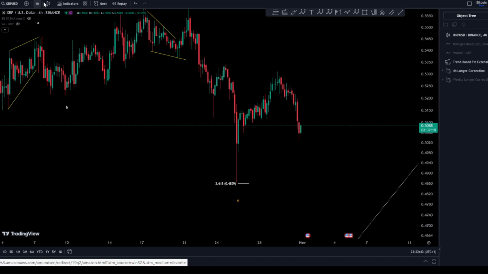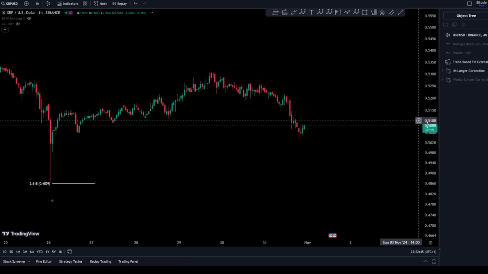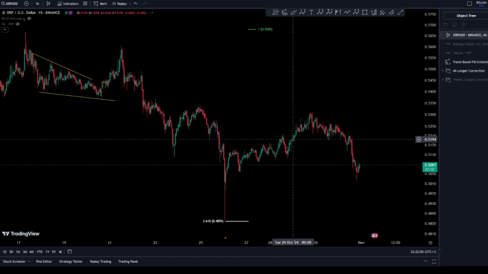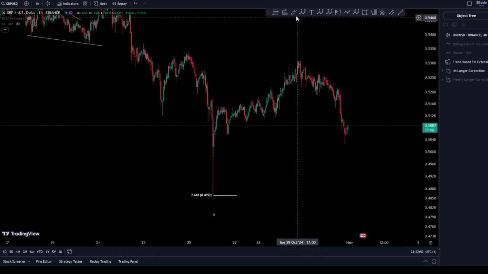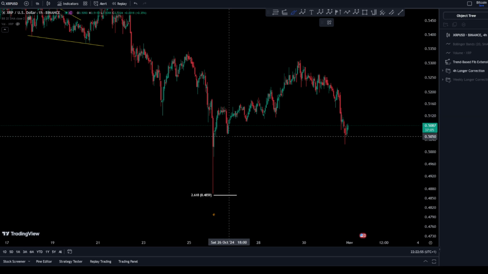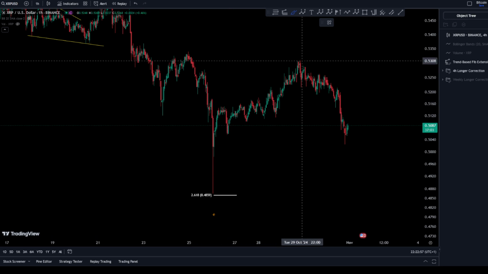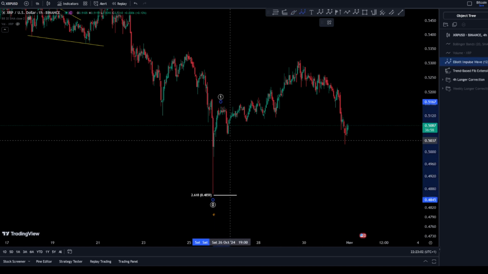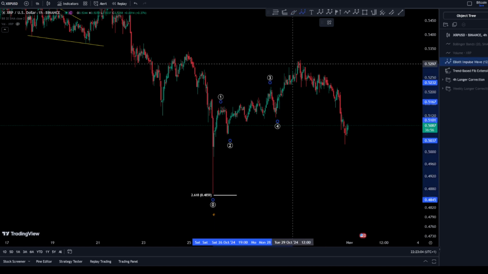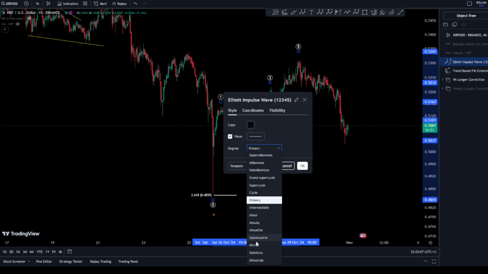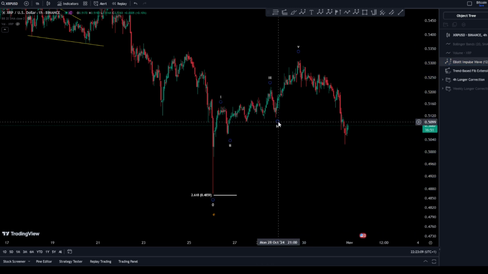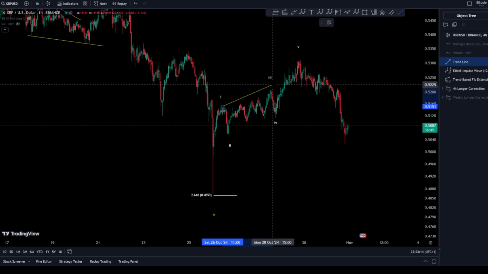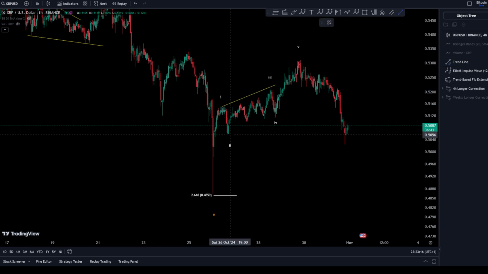Let's move inside the 1-hour chart here. Let's go closer to take a look now. Okay, XRP is always like this, right? Very choppy. However, 1, 2, 3, 4, and a 5. That's very possible, guys. If we mark here 1, 2, and then 3, 4, and a 5, let's go with small. Yeah, you can see that we might have a start or finish of 5 waves towards the upside